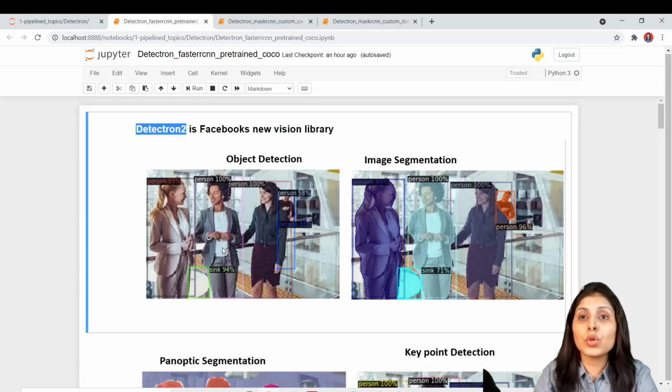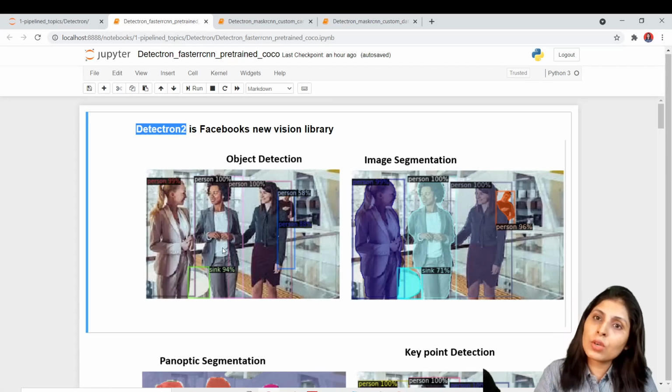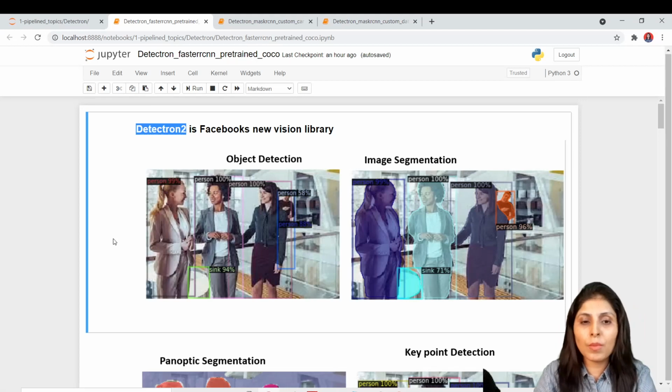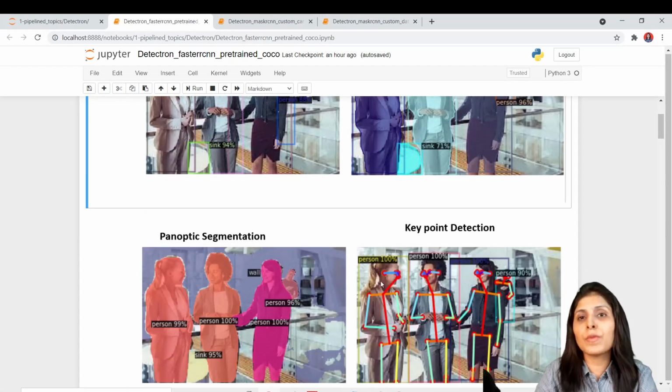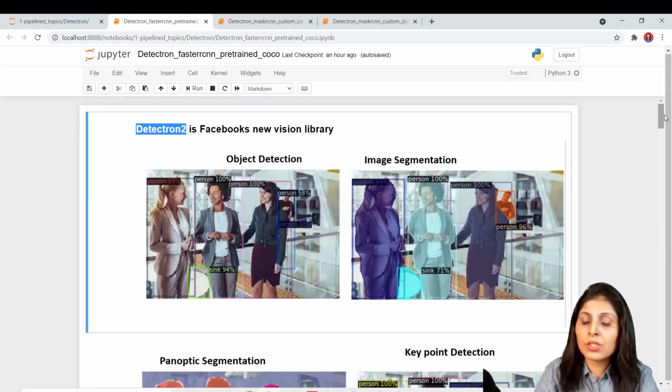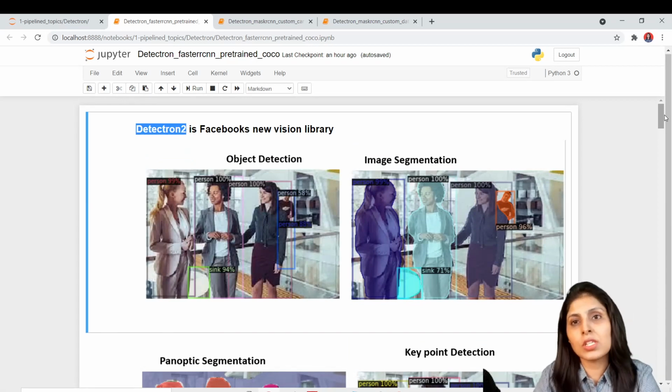And if you use YOLO v3, YOLO v4, YOLO v5, Faster RCNN, or Single Shot Detector, these are algorithms using which we perform object detection. In the same way there are other algorithms which perform these functionalities also, but in today's class we will perform all these four functionalities just using Detectron 2.